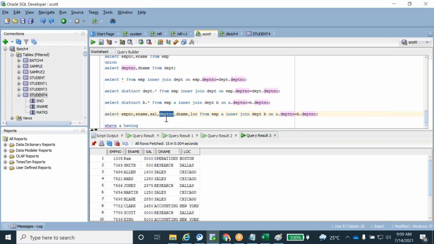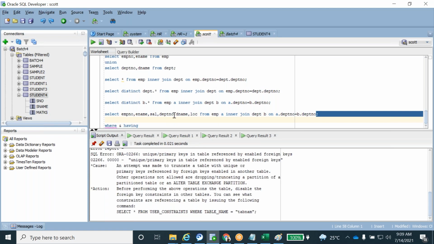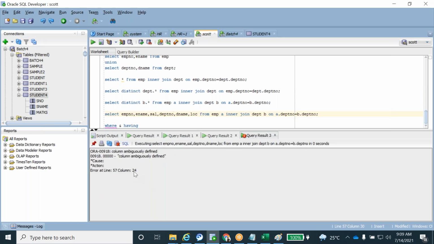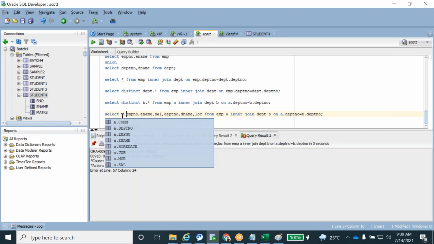From where should I pick this DEPT number column? That's why you got the ambiguity error. You got column ambiguously defined. The server is in confusion mode. So should I pick the DEPT number column from the EMP table or DEPT table? That's why you should always go for alias names. It is better practice.